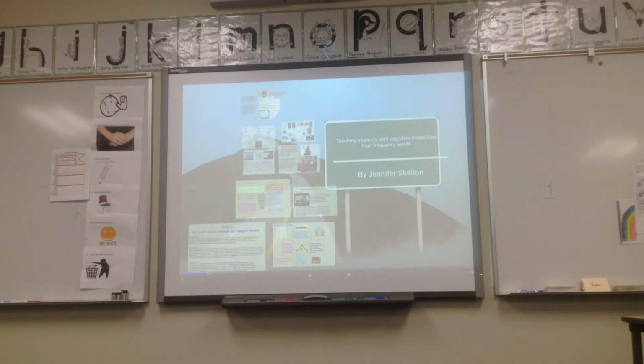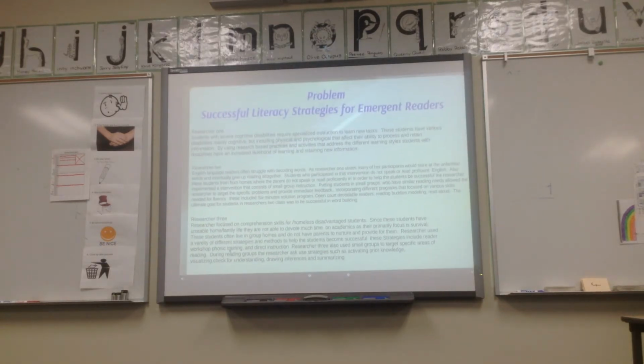The problem with that is that we were concerned about the emergent readers that already have disabilities, such as my students with cognitive disabilities, EL learners, and also homeless, disadvantaged students. So we broke down our study into 3 different parts. I was concerned about my students who wouldn't be able to read due to their cognitive disabilities. They already have a lot of issues, and reading is just another thing that we put on them that's a very difficult thing for them to do.